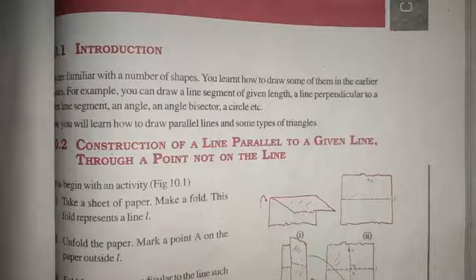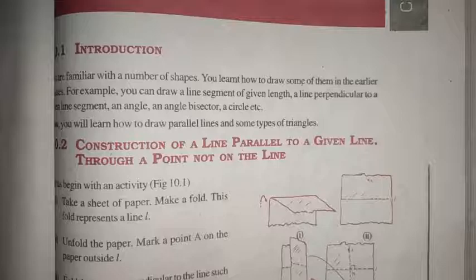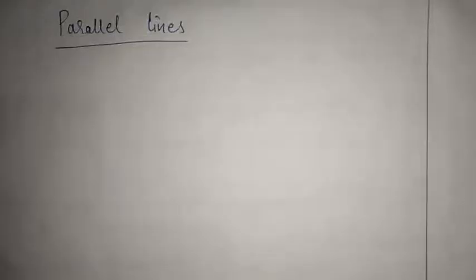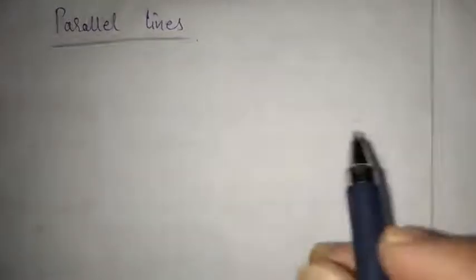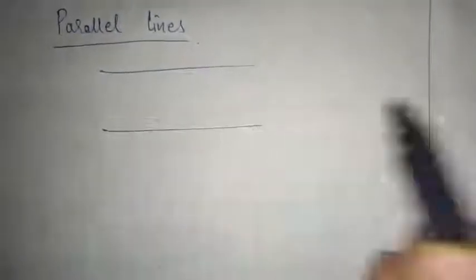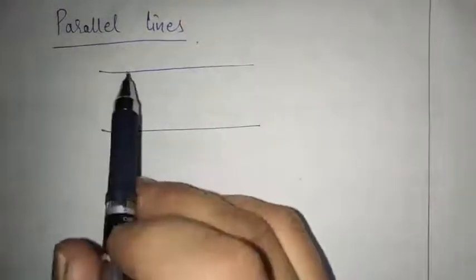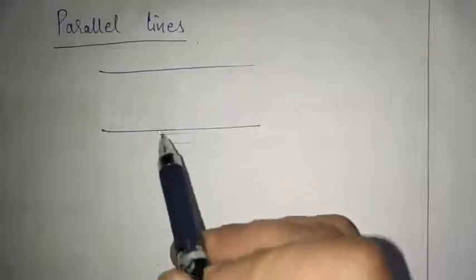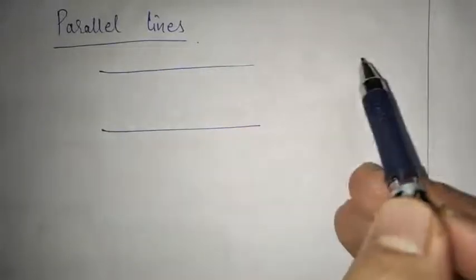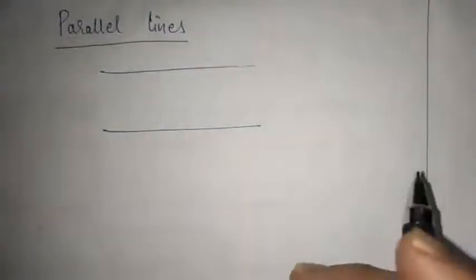Alright, so the first and foremost construction is parallel lines. The term parallel lines is very much familiar to you all. I hope you remember in our previous class we dealt with this term, parallel line. In that chapter we understood what is a parallel line, what were the characteristics to be a parallel line. So parallel lines are those lines whose distance is equal and in the future they are never going to meet. So this is a parallel line here.